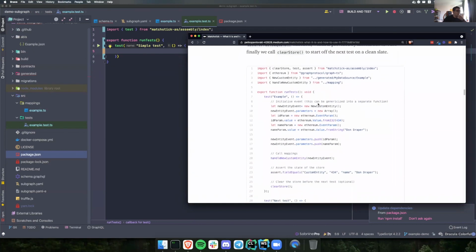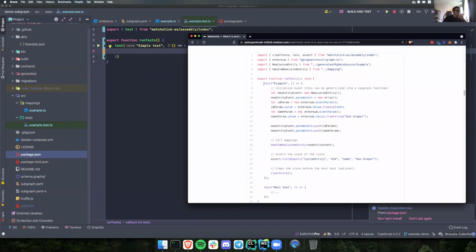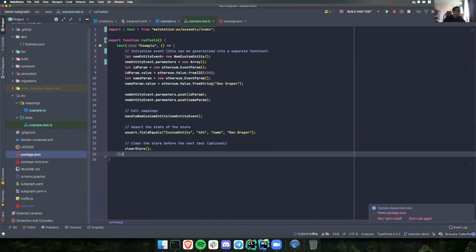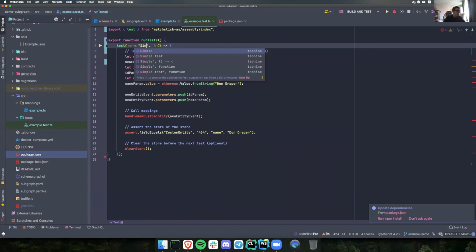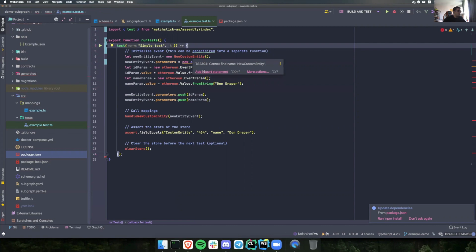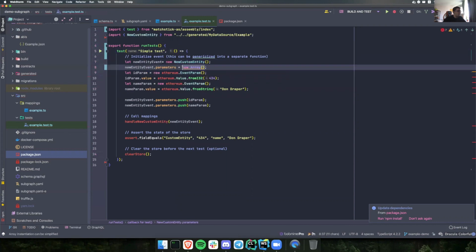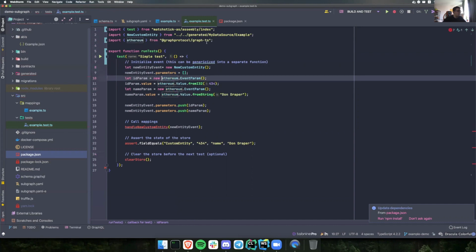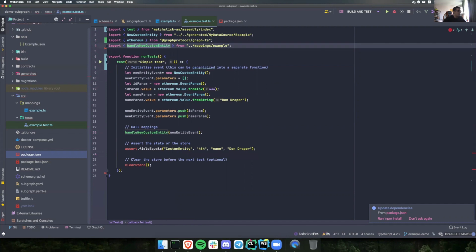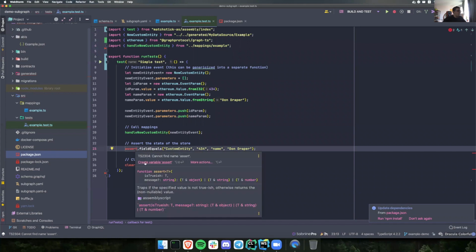Now, in terms of the tests, we will just copy and paste this test, and I will show you what it does. So simple test. Then we need to import a few things. We need to import the event. I'm going to create this like this. We need to import Ethereum from GraphTS, and we need to import the handler from our mapping file. We also need a bit more imports from